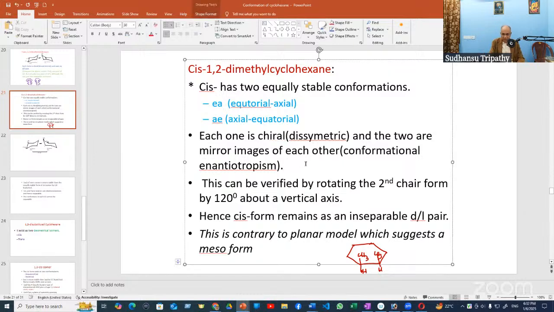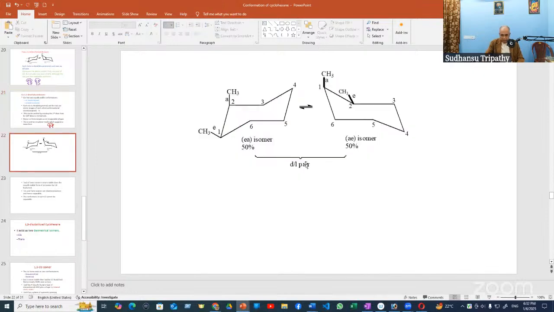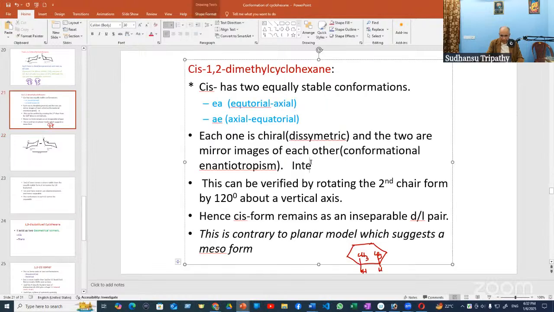Interaction energy. See, this one has this bond and this bond is gauche, this bond and this bond is gauche. So there will be two GBIs for each axial substituent. So interaction energy